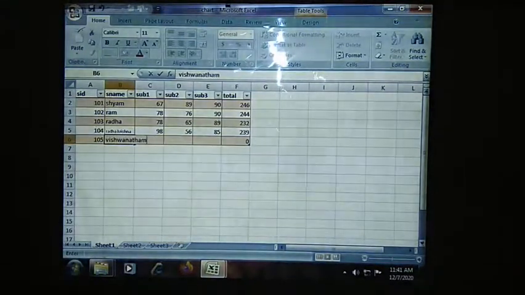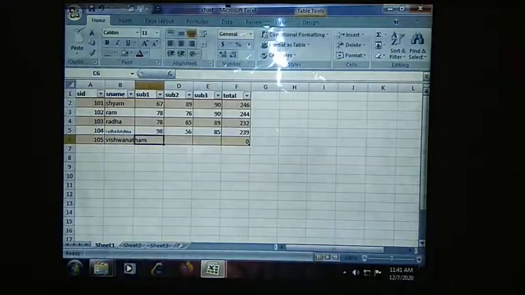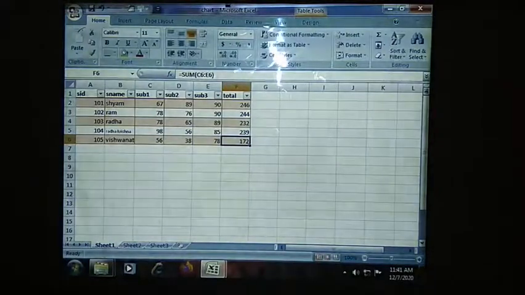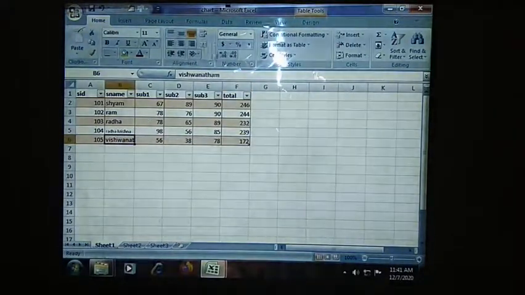See, the length is very large. If I go with some marks like this, only the part that fits is visible. But in order to view the complete name, I need to go to the cell and look at the formula bar. It should not happen like that.